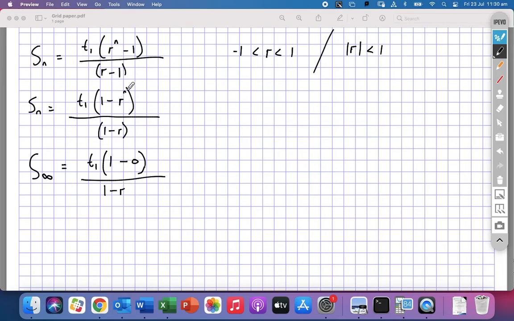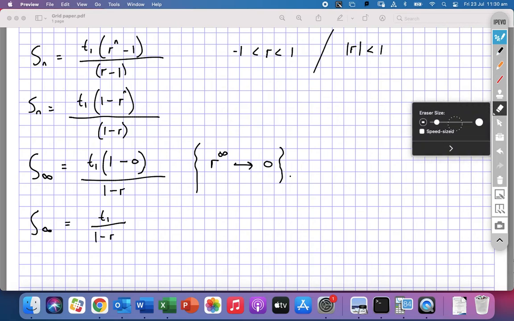So maybe just to explain that, I could say because r to the power of infinity is tending towards 0, right? So all you're left with then, for an infinite sum with an r that's a fraction, is a simpler version of the formula, which is nice, something that's pretty easy to calculate. Okay,